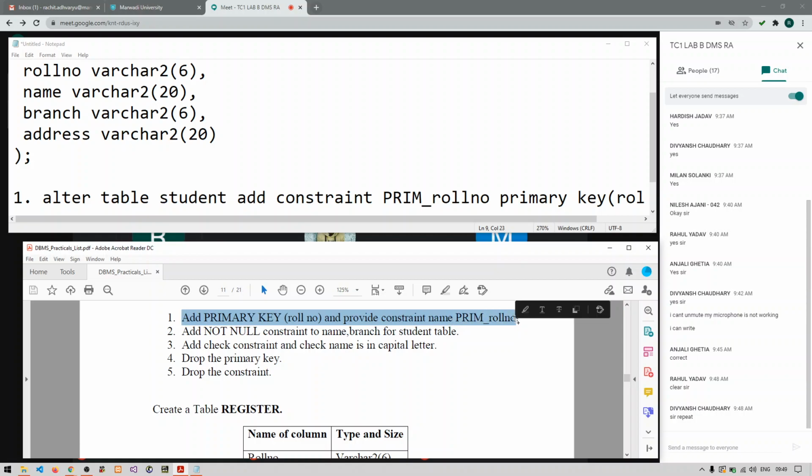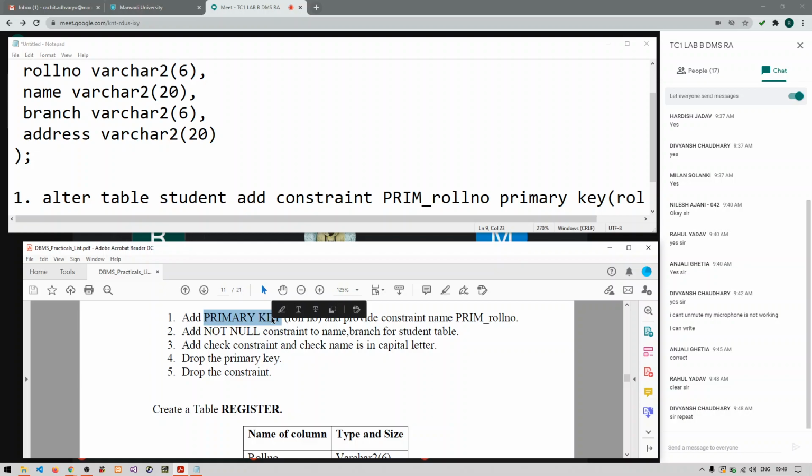That means whenever you add any type of constraint after the table has been created, you need to give some name, some identity, to that constraint. Here our constraint is primary key, so I give this primary key constraint the name prim_rollno.